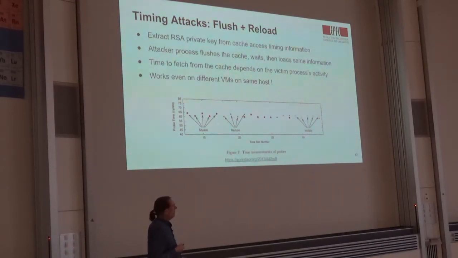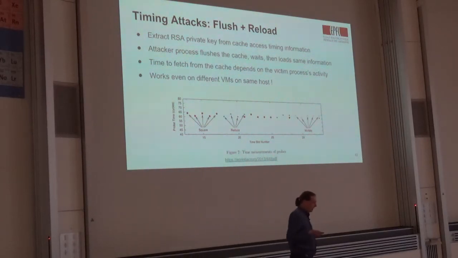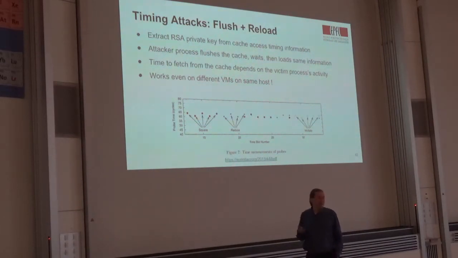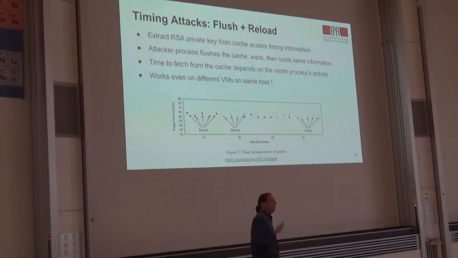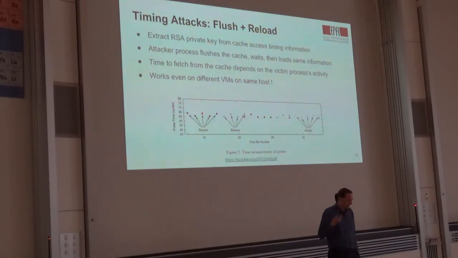I mentioned how with the standard square and multiply loop, if the attacker can sense that, then the private key leaks. Here is one particular way, using cache flush and reload, to allow the attacker to sense what the victim is doing. The attacker process flushes the cache, waits, reloads the information,